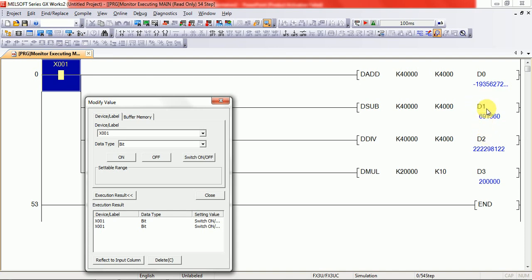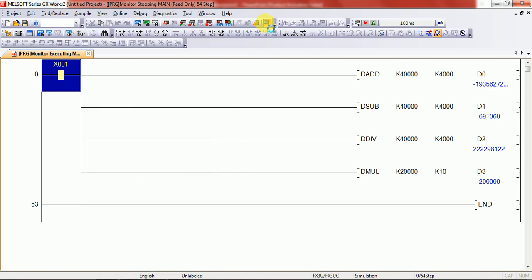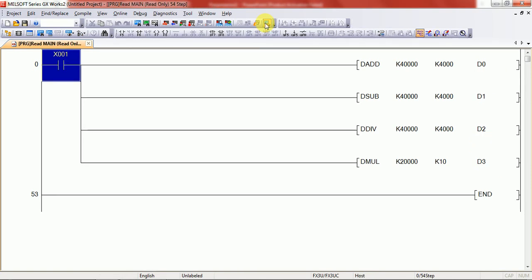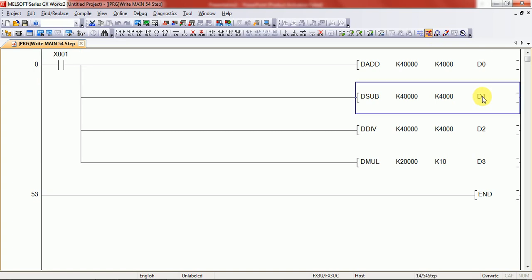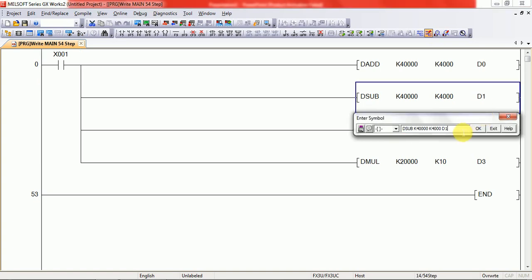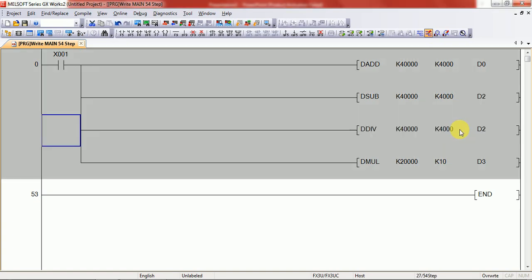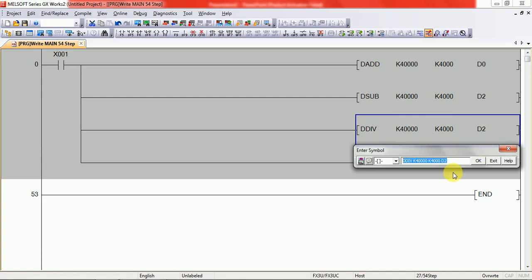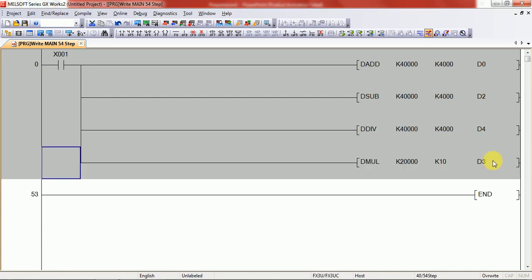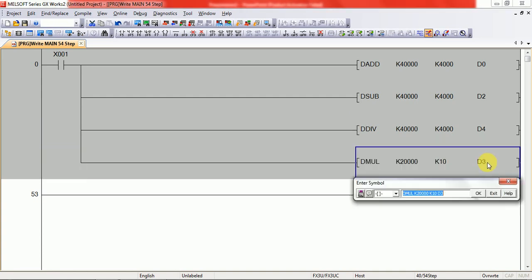D3 will work with this one, so I will stop and I will change it for you. This is D0 and I will use here D2, and here I will use D4, and here I will use D6.